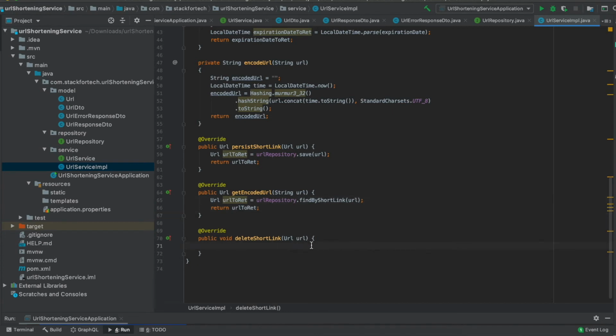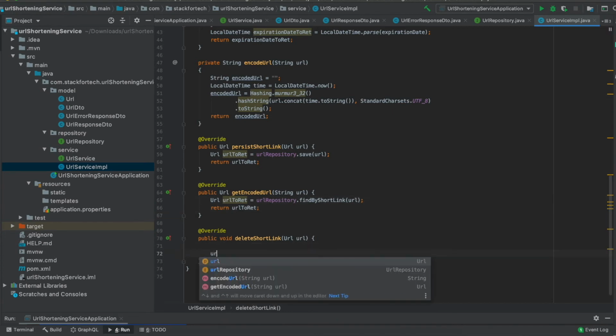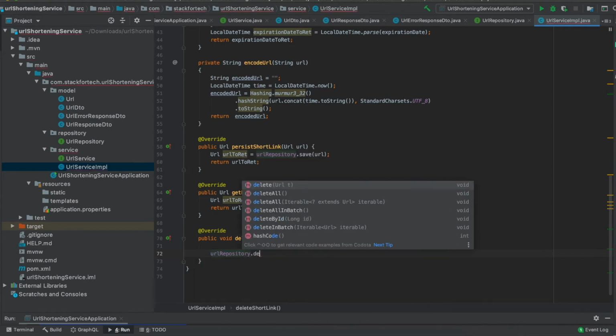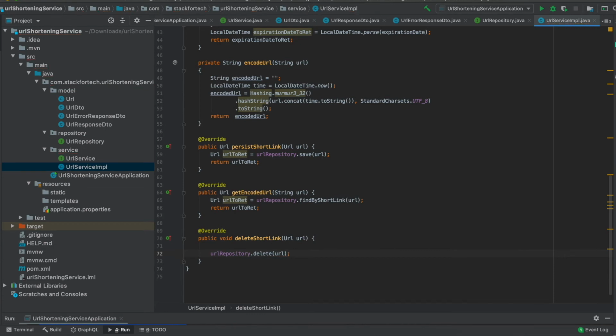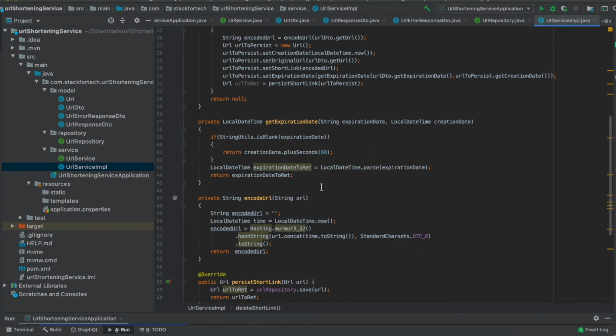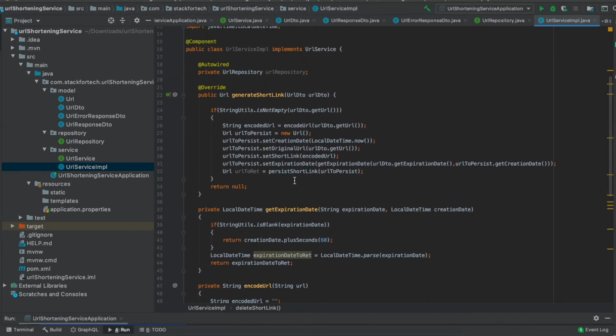Okay, similarly we can also write, let's say, URL repository dot delete and the URL, right? So we don't have to return anything from here, we are just deleting the URL. So now we are done with our major business logic which we want to create.